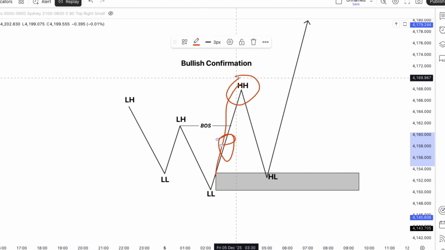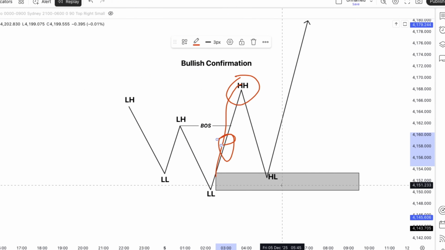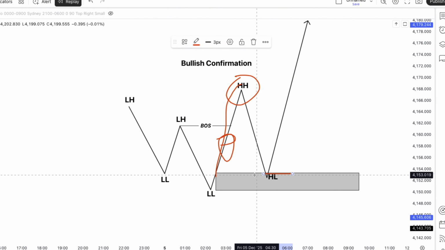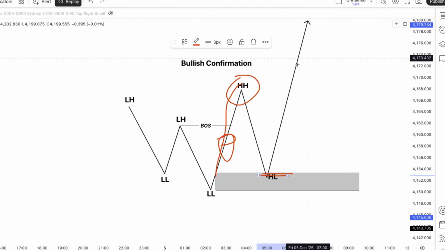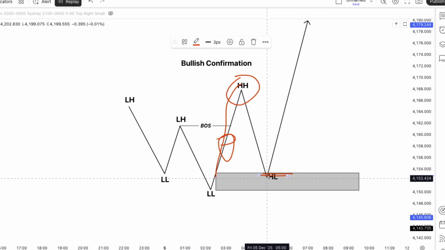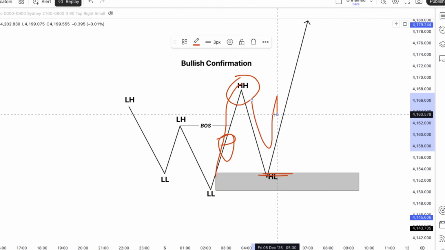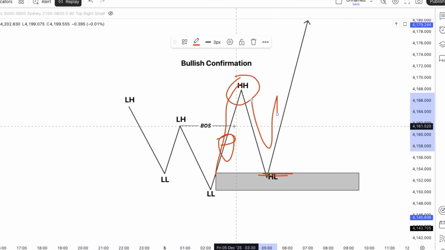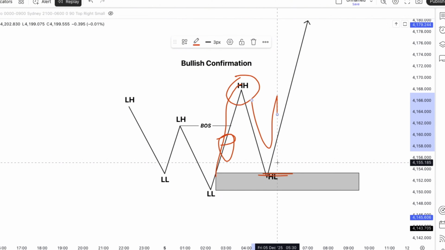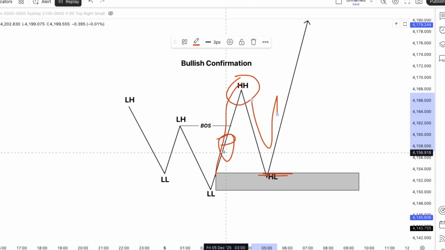Now, this is what is going to happen. If you can set your buy limit around here, of course, we wait for the market to come and trigger this buy limit in order to take our trade, or else you can wait for the market to come to your demand zone and then you take your trade. So I'm going to show you what I mean by this move, and I'm sure you'll understand it very soon. And also I'll show you examples of the trades that we took just recently and also made me